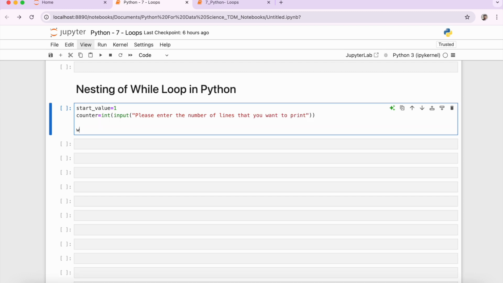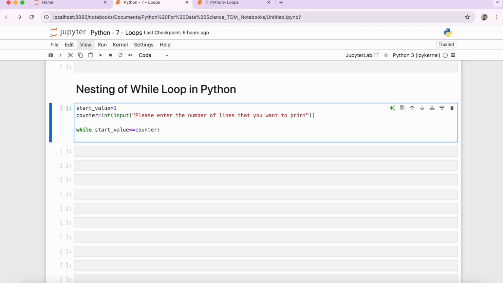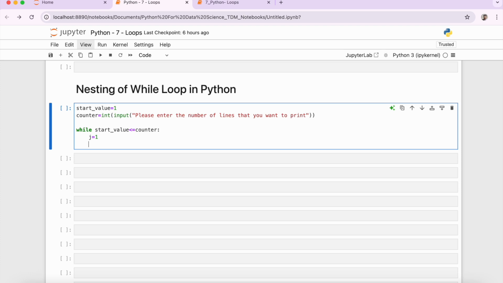Then I'm going to put my outer while loop saying that while start value is less than equal to counter, which is given by the user, and then I'm going to take another variable j and initialize it with 1, and then I'm going to put another while loop saying that while j is less than equal to start value,